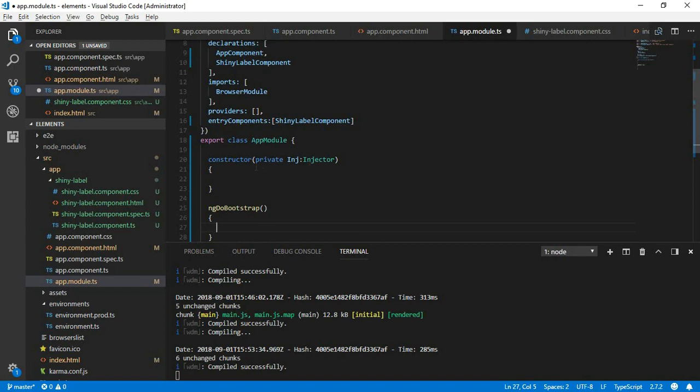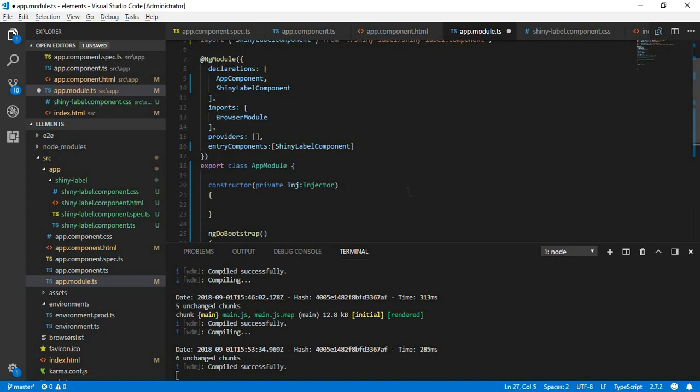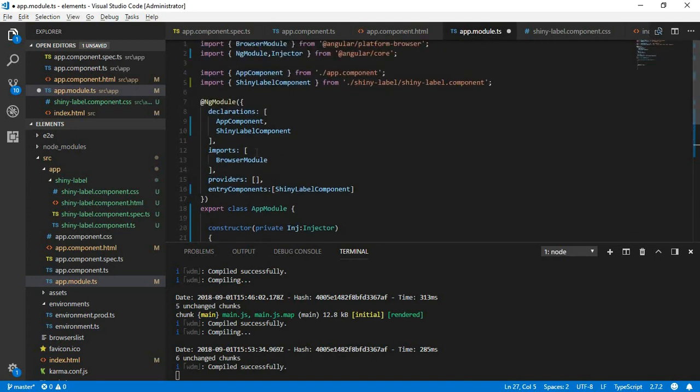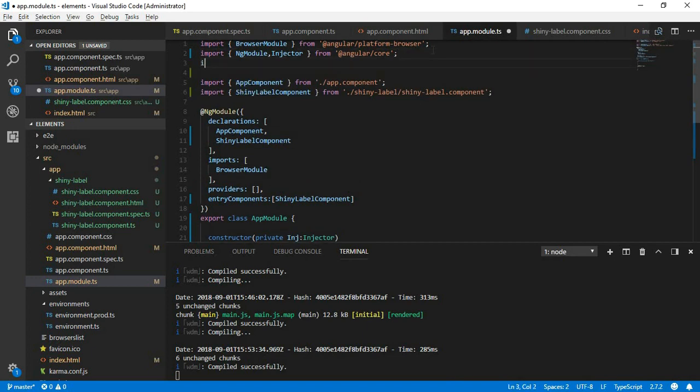So what we did was create a constructor with an injector element inside, which we got from Angular core, and we created the ngDoBootstrap method. This is a method used at runtime by the compiler to do any bootstrapping that is required for any component. Now we need to import